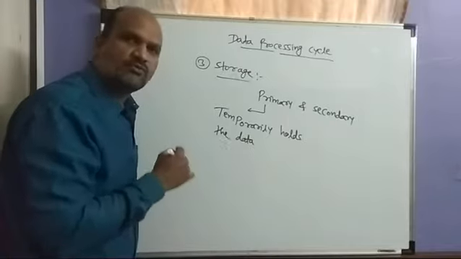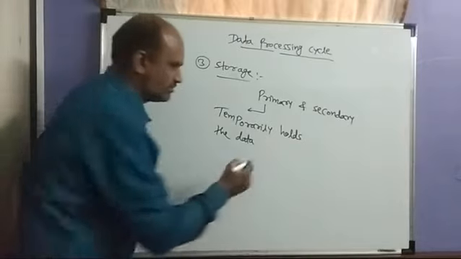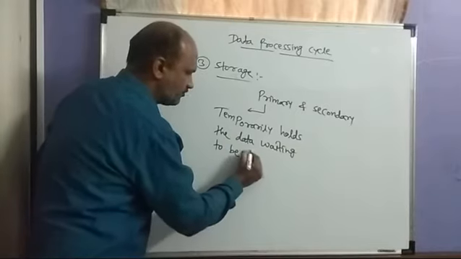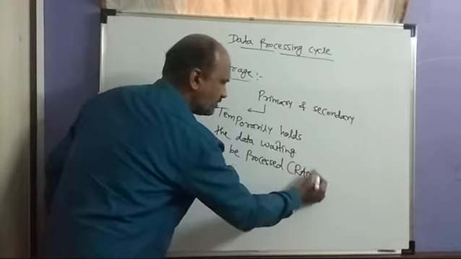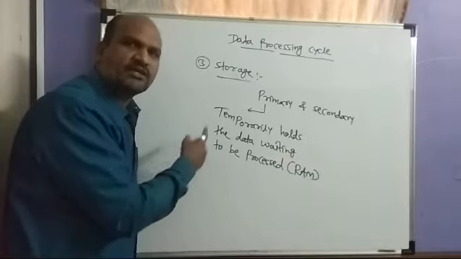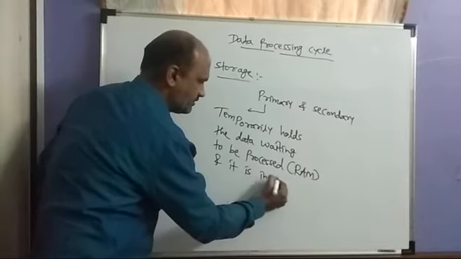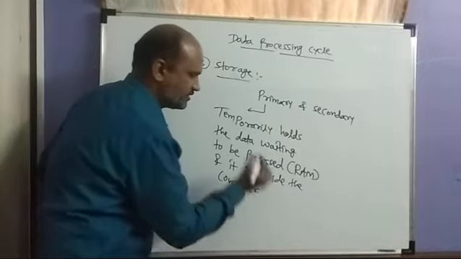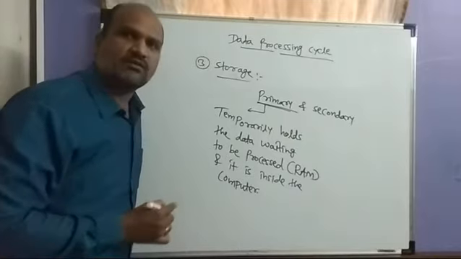but that is for the storage, okay. It holds the data waiting to be processed. That is the case with RAM; RAM and ROM are the primary storage. The RAM is inside your system, inside the computer. The RAM, we have the slot that will be inside the system. So that is the primary storage, which is used for temporary data.